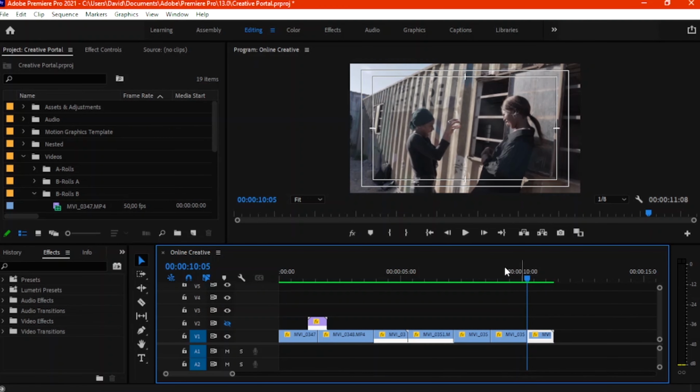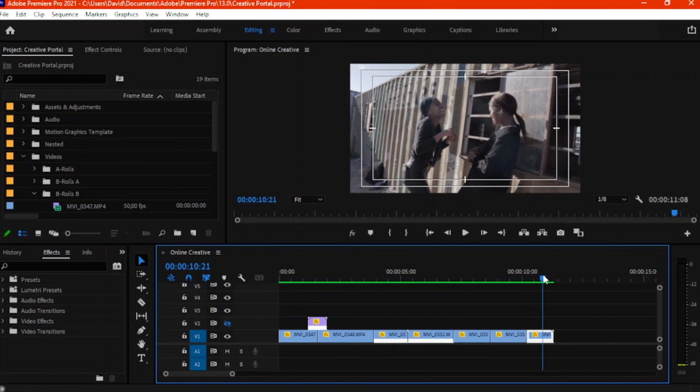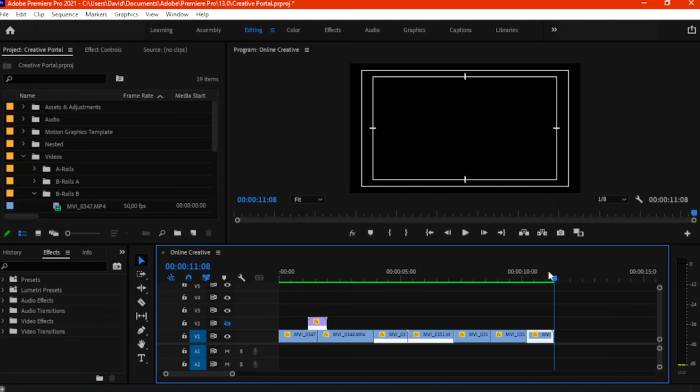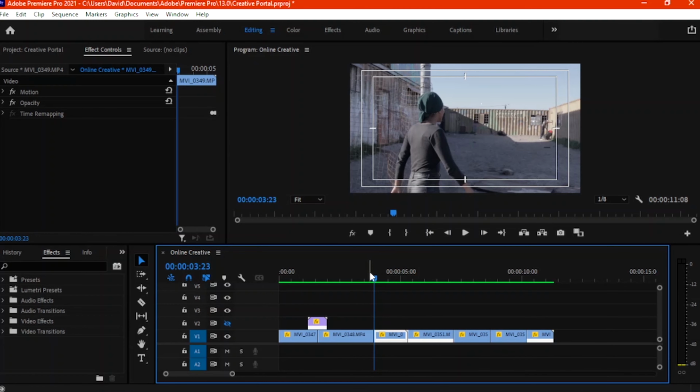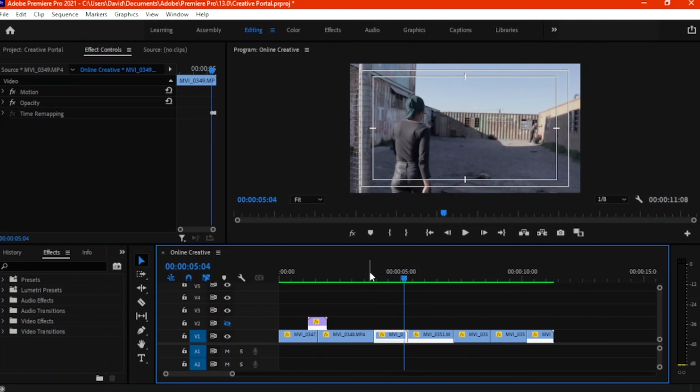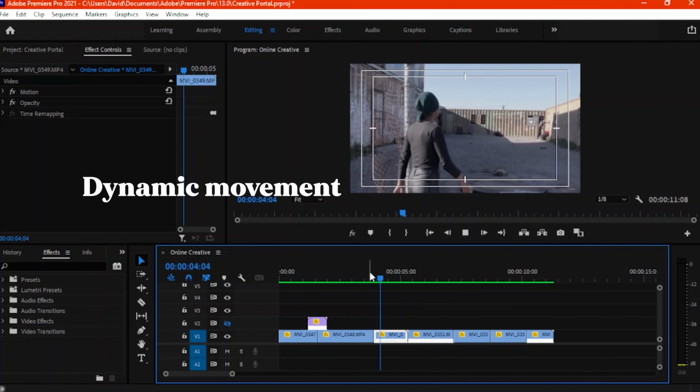Then it ends with this final shot here where she basically just meets up with a friend to hang out. What I wanted to show you guys specifically with this clip, as she walks in, the clip looks basic, right? It's not a bad clip, but I would like to add some dynamic shots.